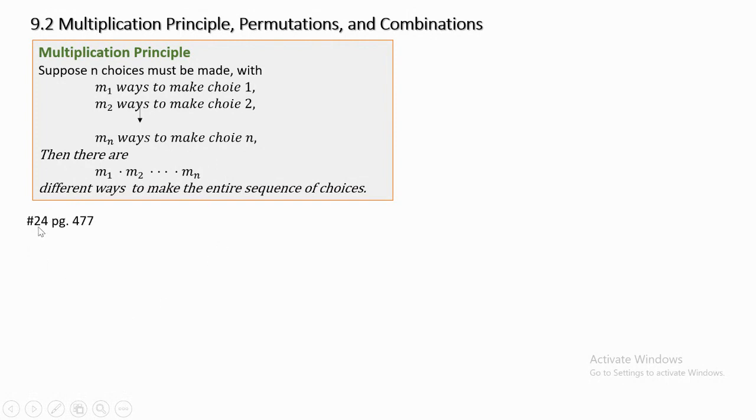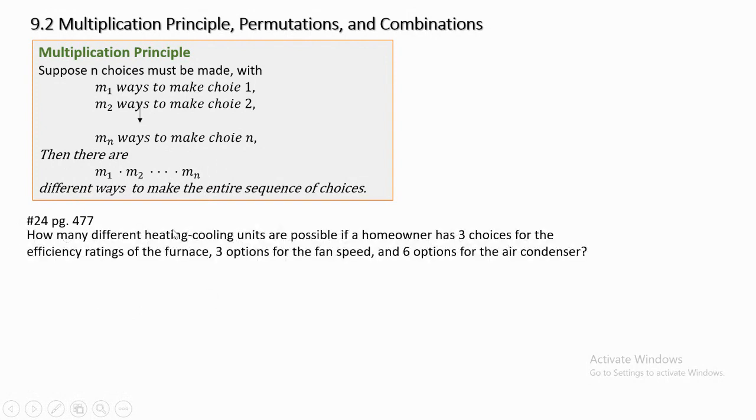So this is number 24 from page 477. It says, how many different heating cooling units are possible if a homeowner has 3 choices for the efficiency rate of the furnace, 3 options for the fan, and 6 options for the air condenser, right? So by applying this principle, it's going to be